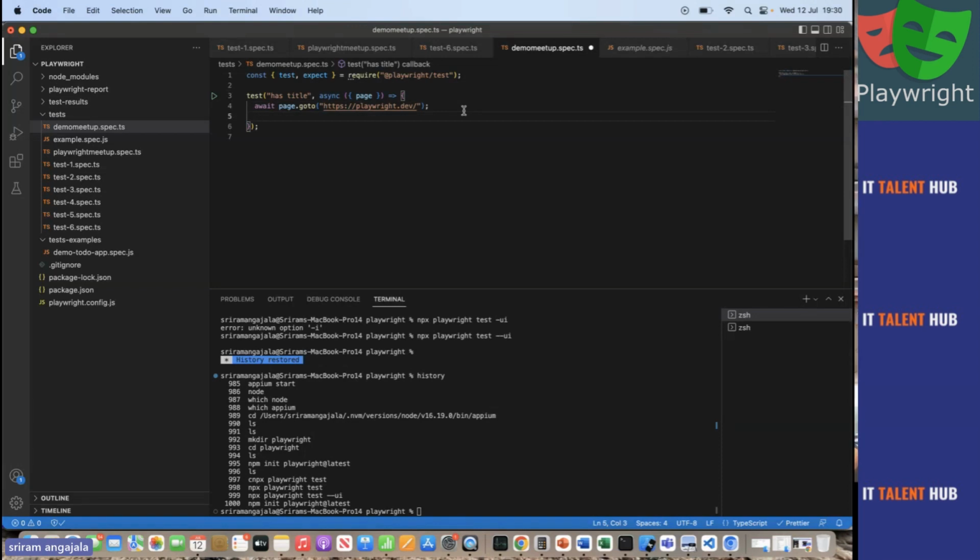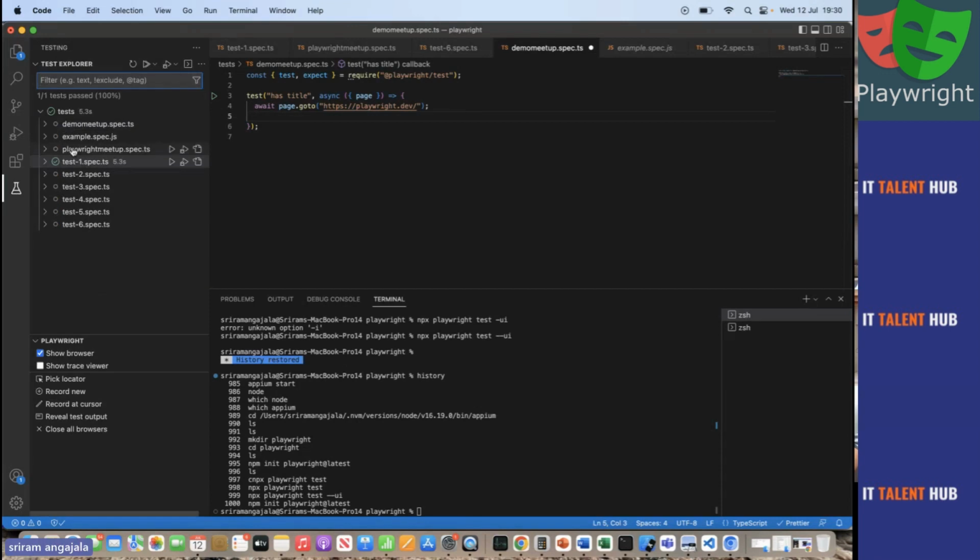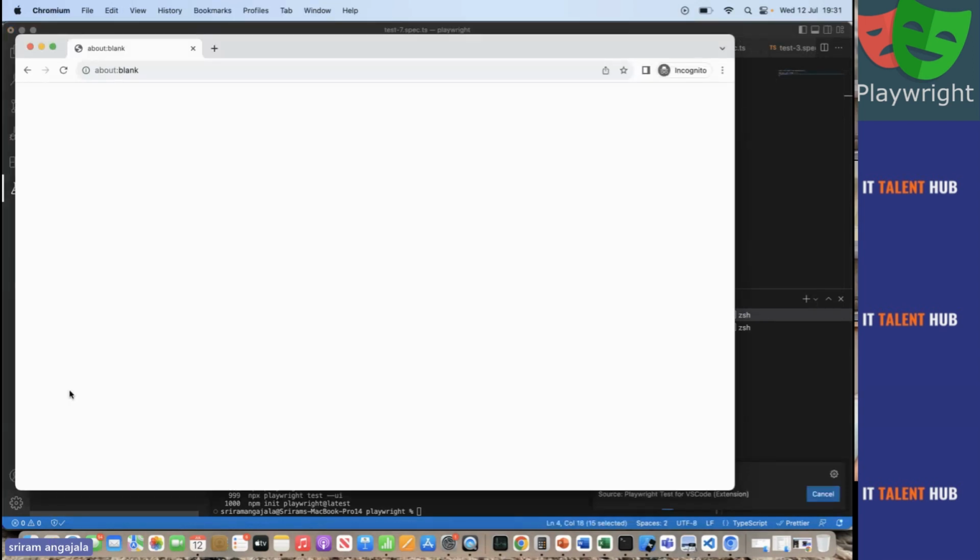You need to have Visual Studio installed, and there is something called a test lab here. It's a lab icon, which will help to run the tests. Here you have a few options. As I said, record and playback: if you know how to click on record and playback, you can automate your Playwright tests. So now I clicked on the record and playback button.